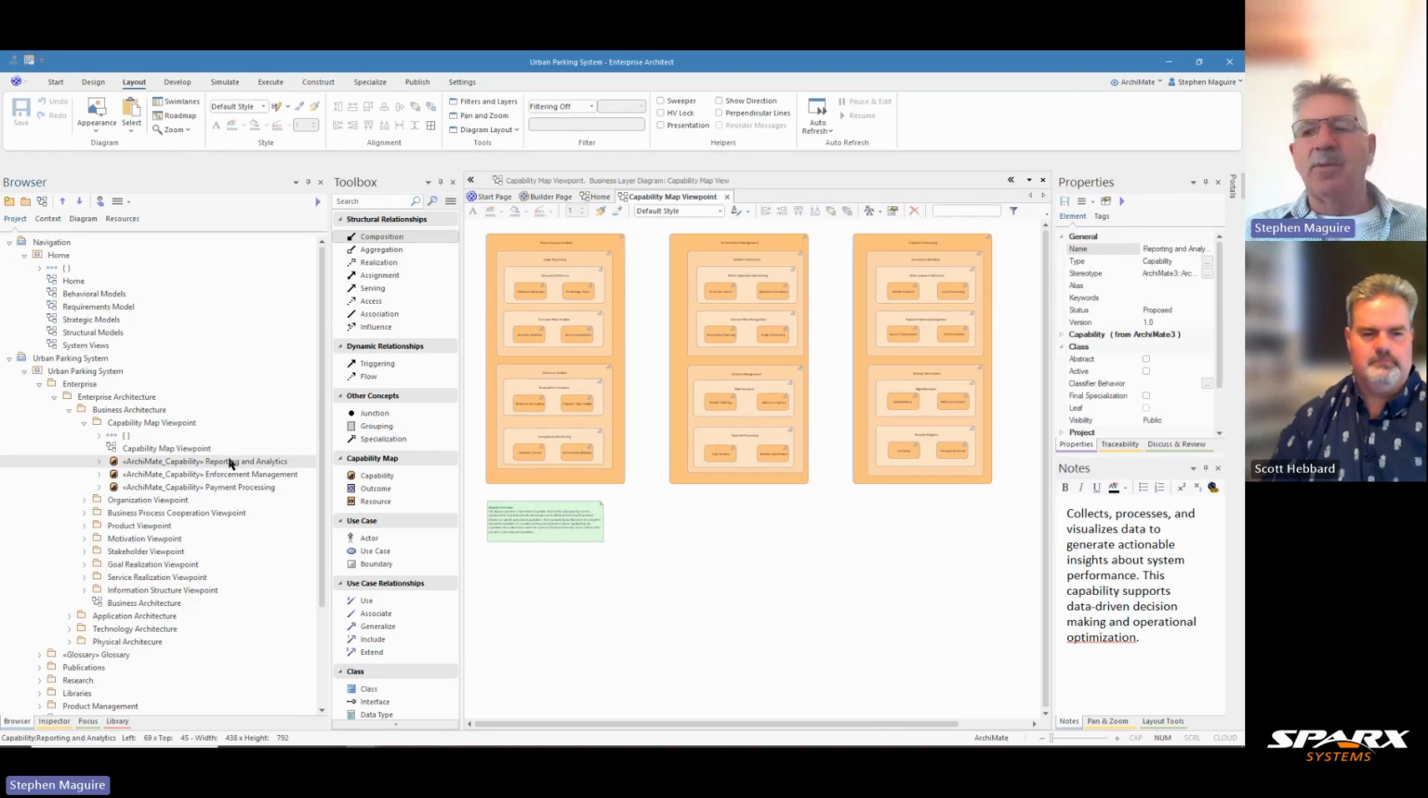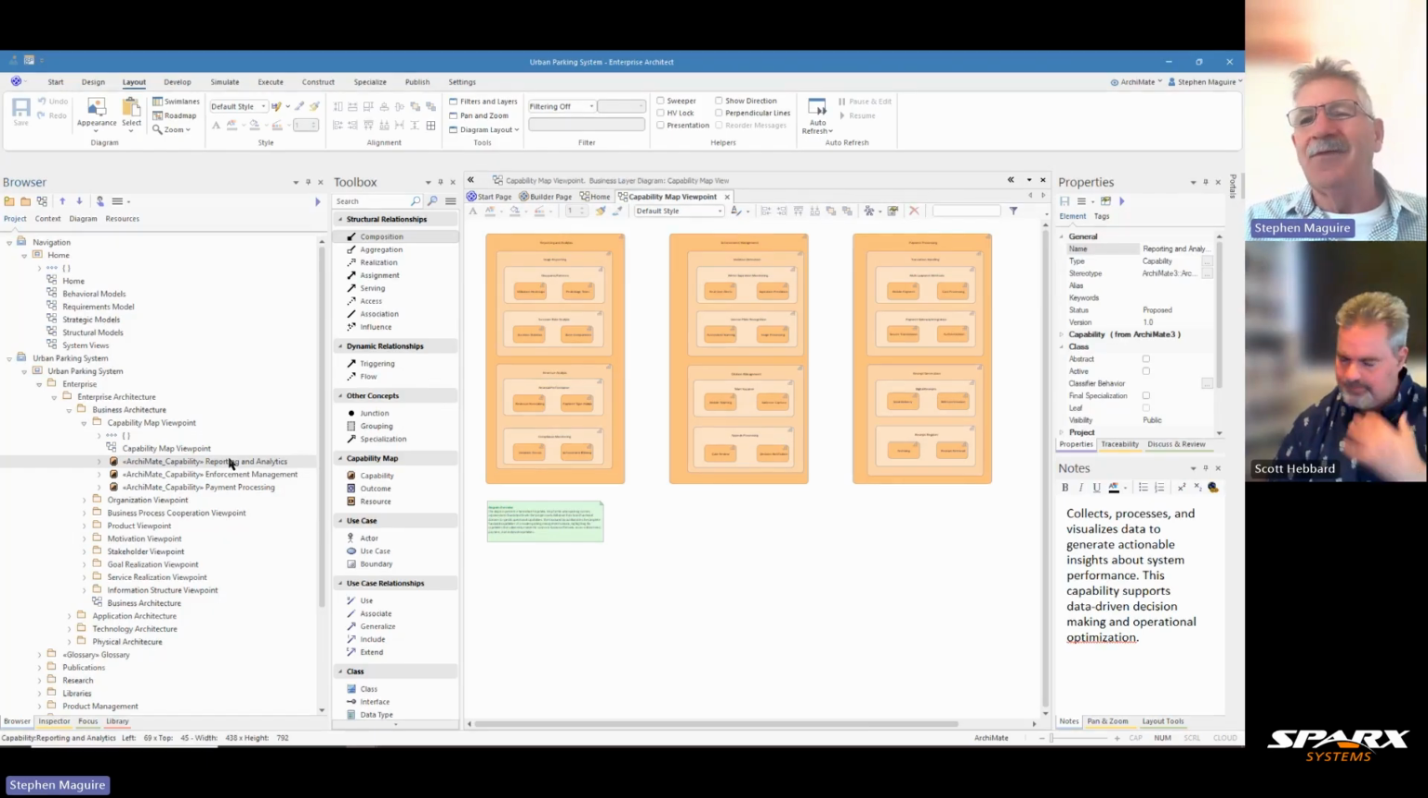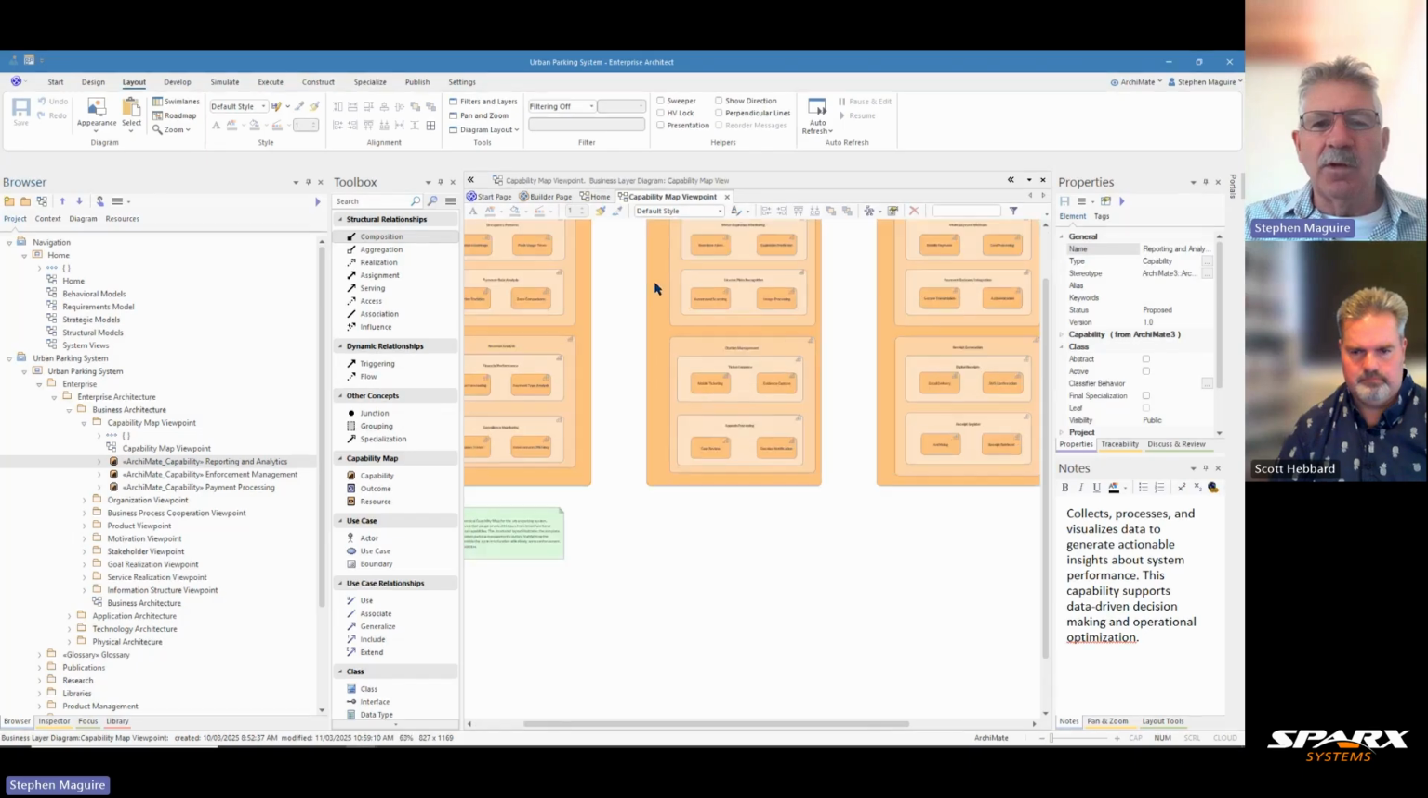So, Scott, with the capabilities, it is common for people to do them across the entire enterprise. So what I've done now is I've just focused on the things that are particular to the urban parking system. But you can see that things like customer relationship management, reporting and analytics is one that probably is useful across a lot of different organizations. But we're focusing on some of these ones that are to do with the urban parking system specifically. So let's take a look at one of these three. We'll look at this reporting and